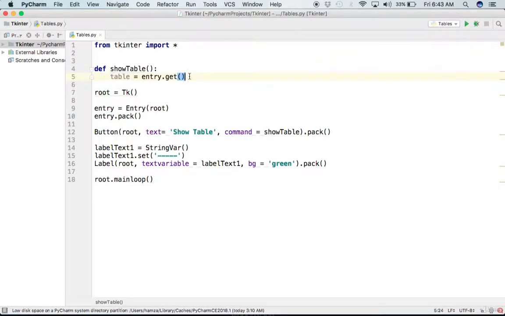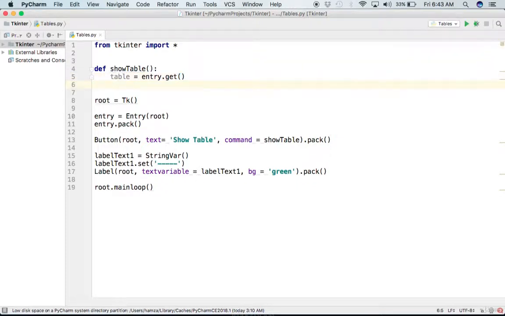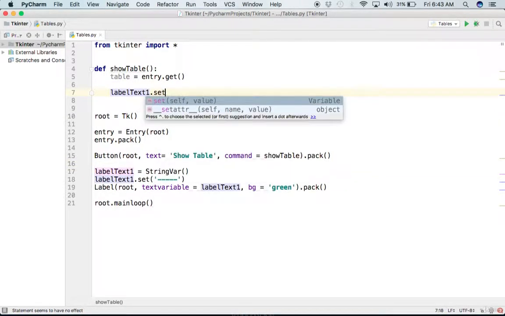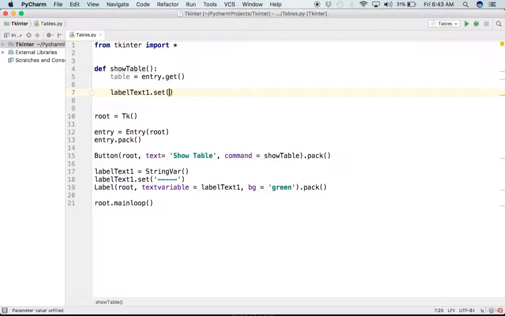Now we have to calculate the values. For the first row, as we know, if suppose the user entered 5, so the first row will be 5 into 1 equal to 5. So the first row will be simple. What we will do here is I will set this label text 1 text here. I will say dot set, and it will be equal to, I have to do concatenation here. So we will concat string here like this. I will write the name table